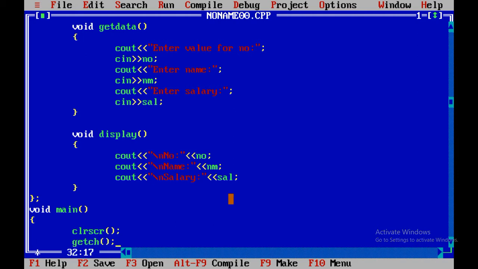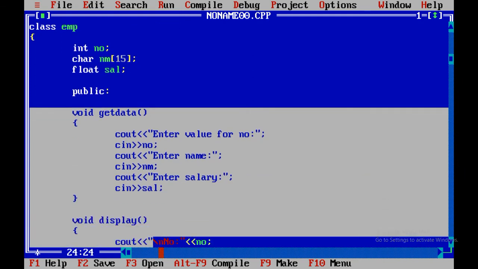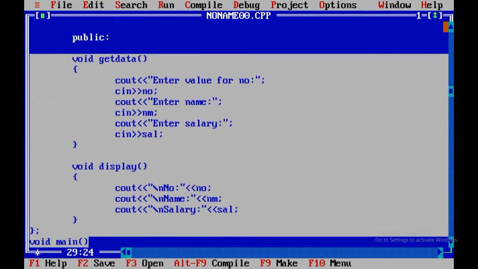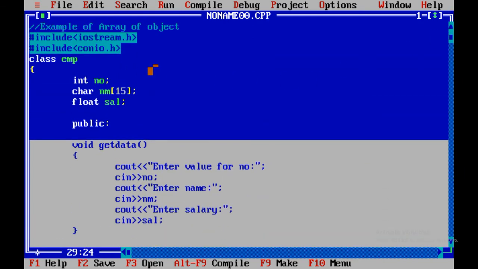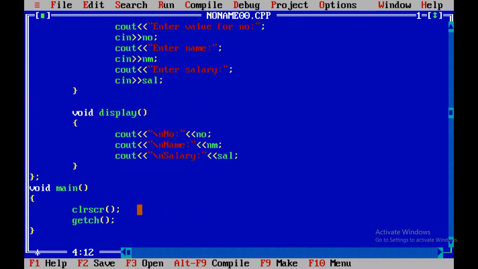Now what is our concept? We are going to create the program on array of object. Now what is an object? When you want to access the method of a class, at that time you can use the concept of object. So with the help of an object of that class I am able to access the method or variable outside the class.